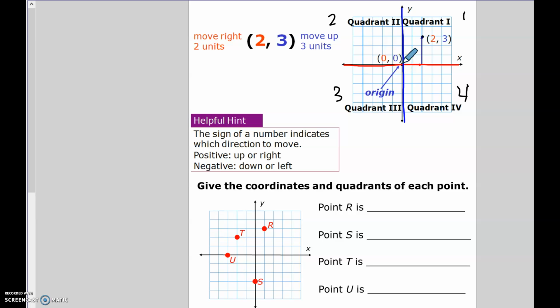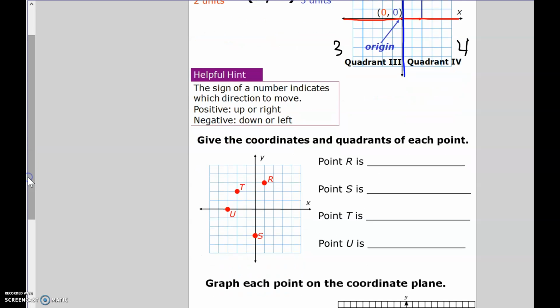So when we plot points, we always start at the origin. To the right is positive numbers, and to the left is negative. So we'll go right or left first, and then up is positive and down is negative. So we're going to slide right or left first, and then we'll jump if it's positive or drop if it's negative. So what we're going to do is look at some points that are plotted, and we're going to say what the point is. So for R,